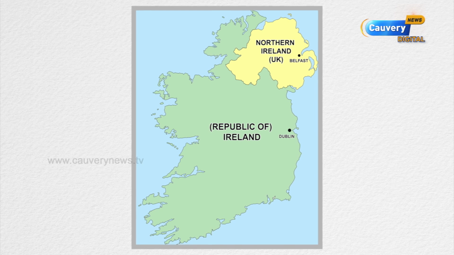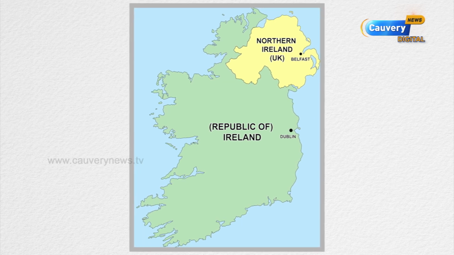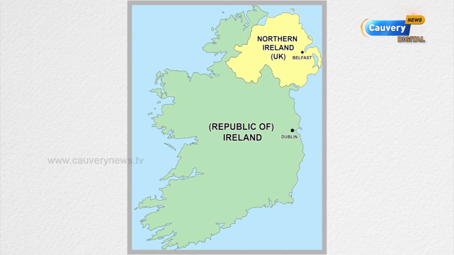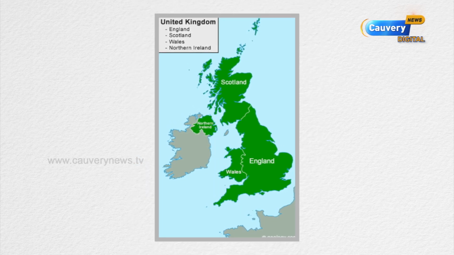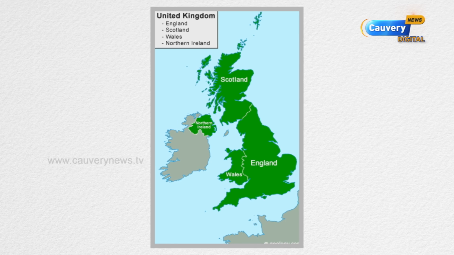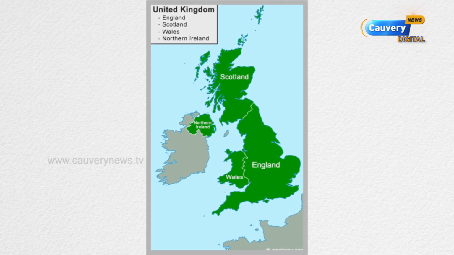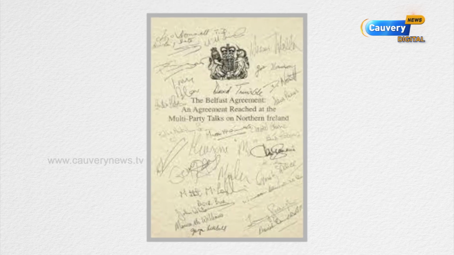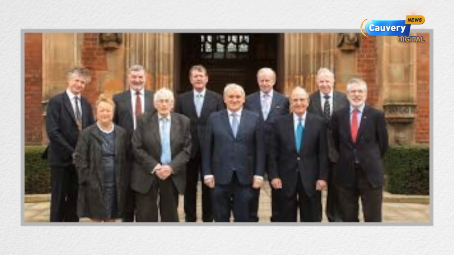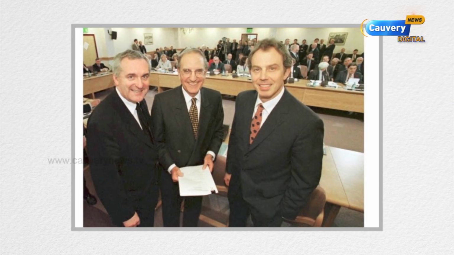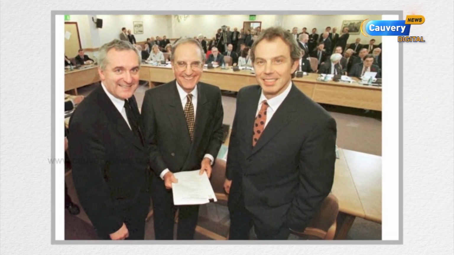On the other hand, the Republic of Ireland is a parliamentary constitutional republic with its own head of state and government. Britain and Ireland had a troubled relationship for several years. On 10th April 1998, something called the Good Friday Agreement was signed. This agreement helped to bring an end to a period of conflict in the region. The peace treaty brought 3 decades of troubles in Northern Ireland to an end and also brought in a new, healthier relationship between the Republic of Ireland and the United Kingdom.